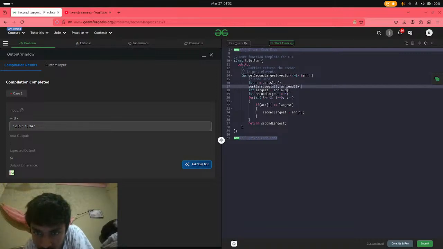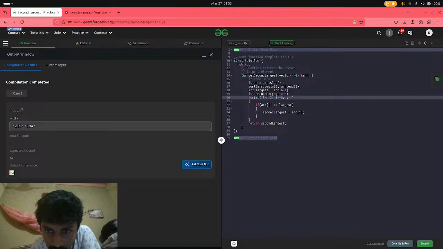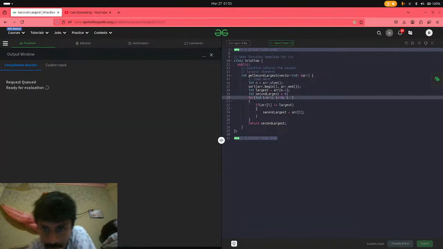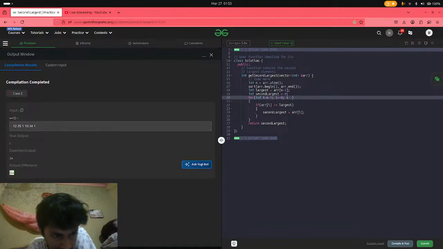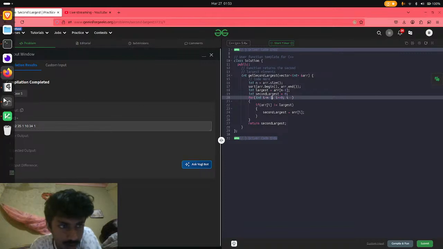Second letter is 0. If array of I is not... okay, I'm gonna start from n minus 1. Okay, I'm starting from n minus 1, and so the largest element is